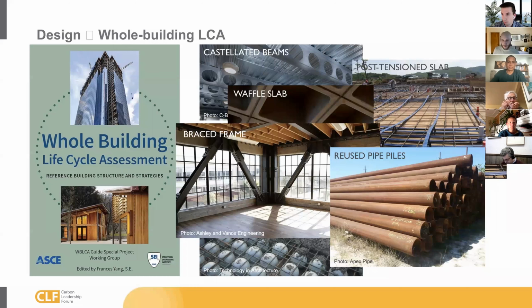So ultimately, we have a tool in place that we can use to calculate embodied carbon for projects, and that's whole building life cycle analysis. There's a wide array of tools, and Vaslav's going to go through all of them. But essentially what they do is we take all of the materials that are going into the building and we calculate the embodied carbon of those using the environmental product declarations. And it comes up with a big number. And we can use that at different stages in our design process to keep ourselves on track and to project how we can do better on future projects.